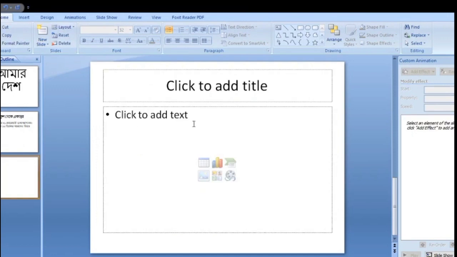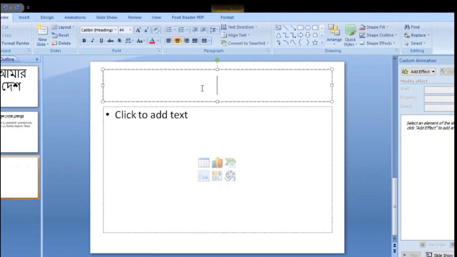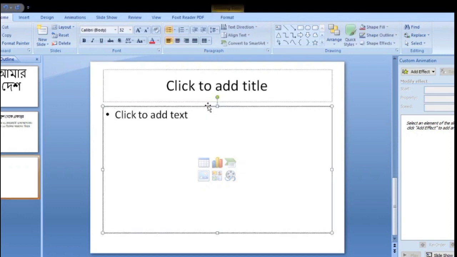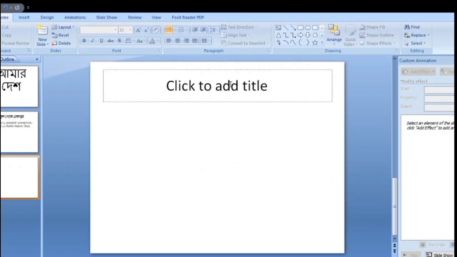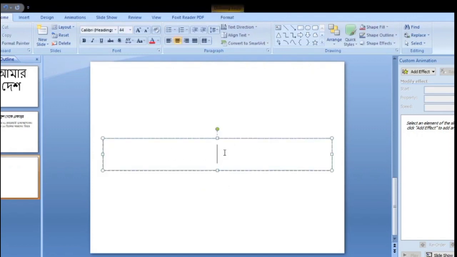Type. Now this subtitle box is not needed, delete it. Only the title box is needed. Now type